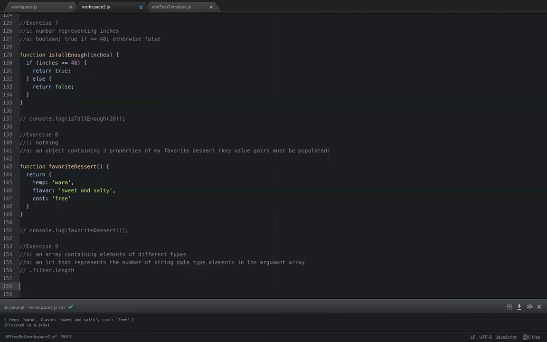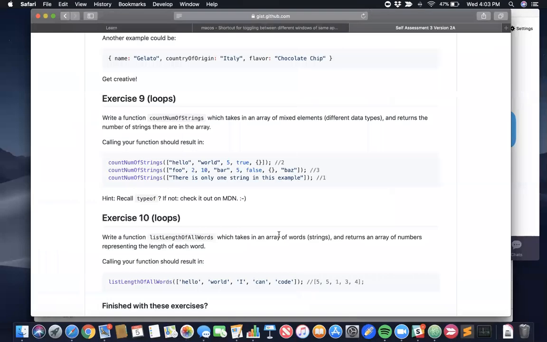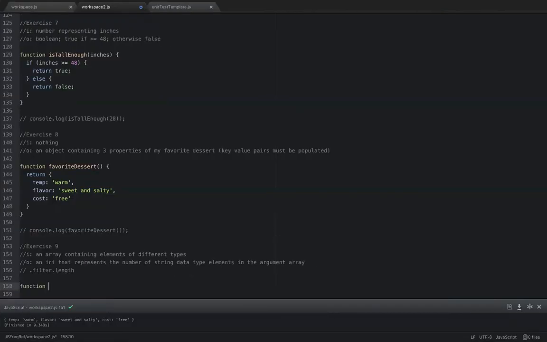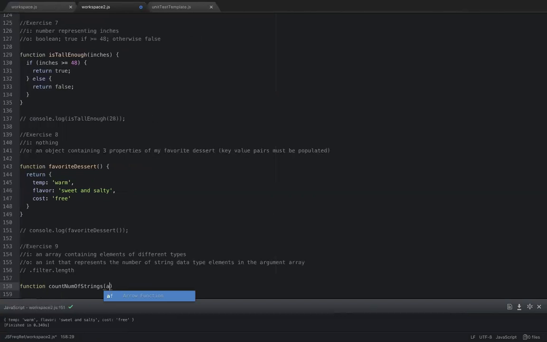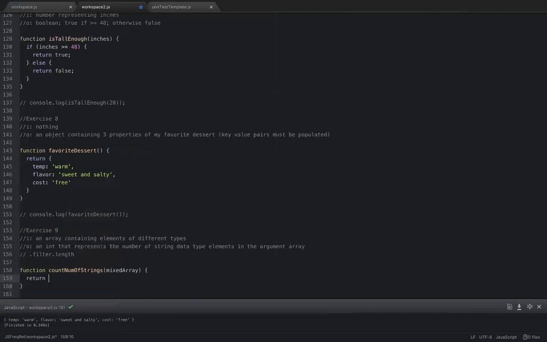So I think I can just do this in one line. The name of the function is count num of strings. It's going to take a mixed array, and it's going to return